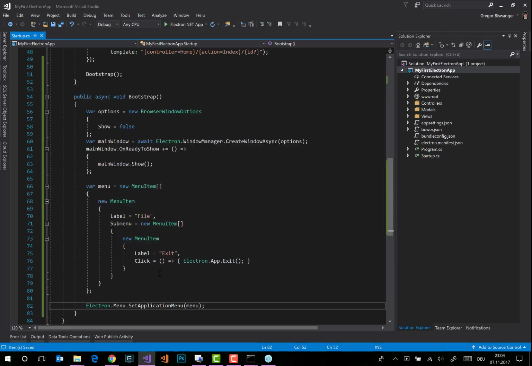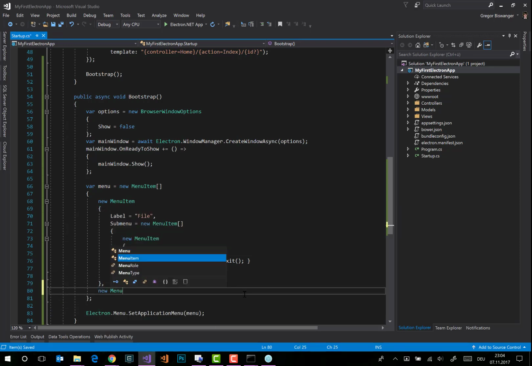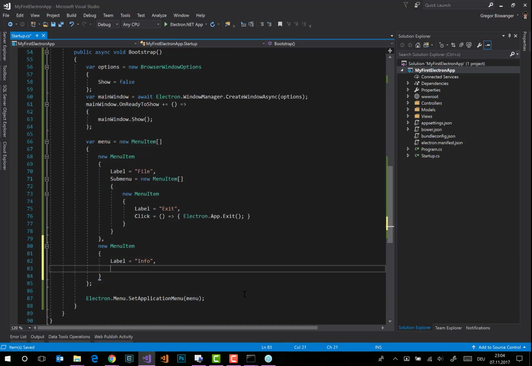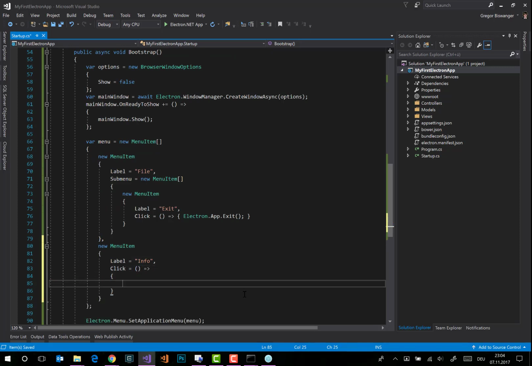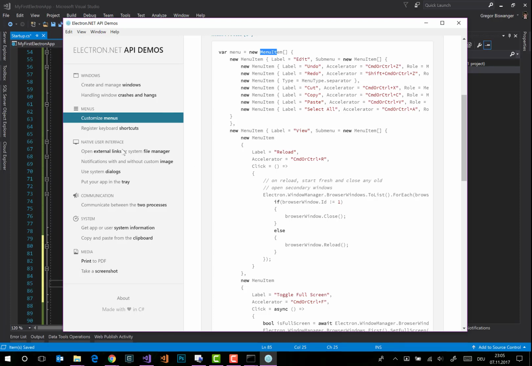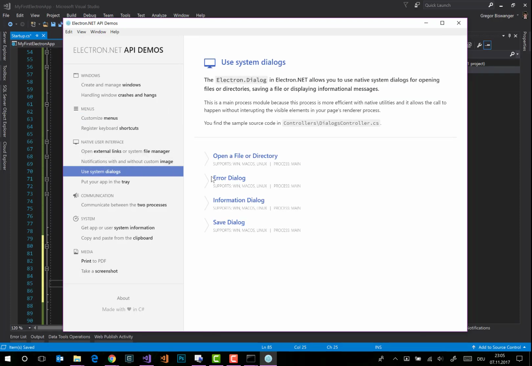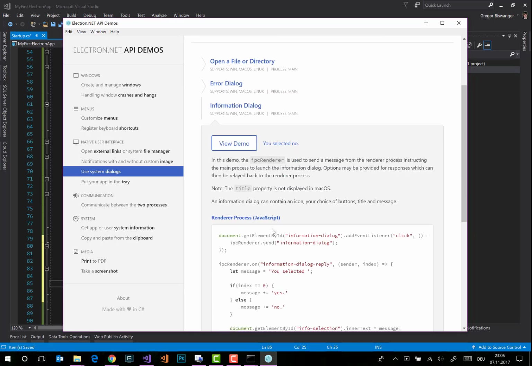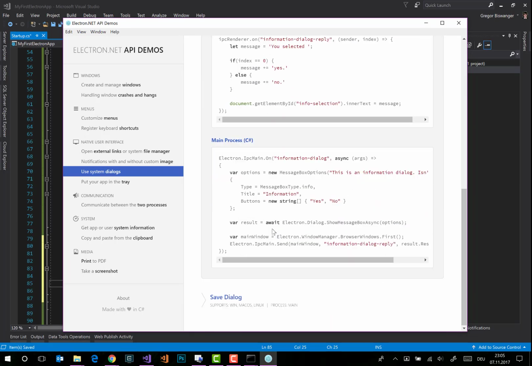The next is our dialog. A new menu item with a label called info. And we use here the next API feature, and that's the dialogs. Use system dialogs, and here's our information dialog. No, you selected no, and that we find it under the